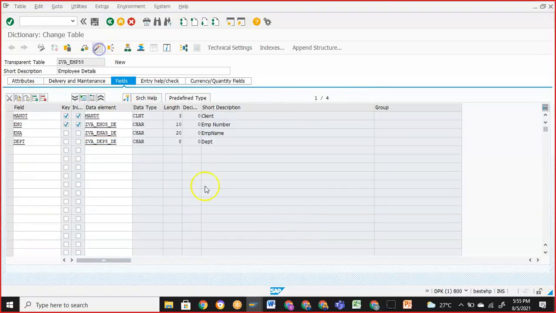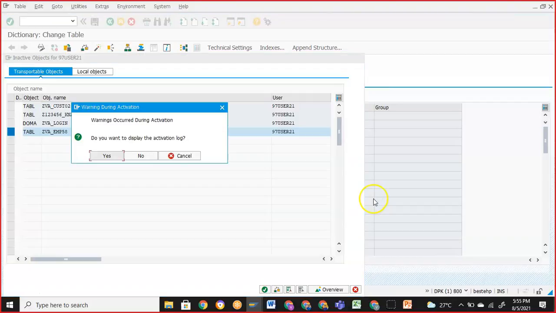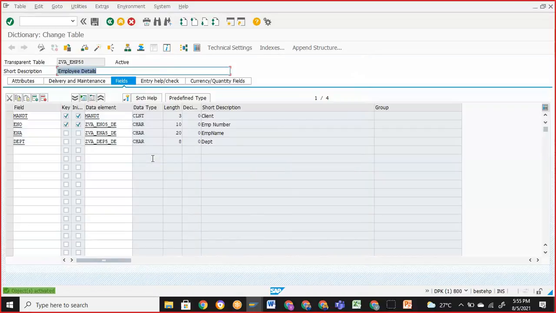So we'll just activate this. Compared to the previous project, the first field we have added is the client field, and we have given domains and data elements for all the fields. These two are the main differences between the previous table and this table. Warnings, why this will come also we'll discuss that. I've just clicked on no there, and now this is active.